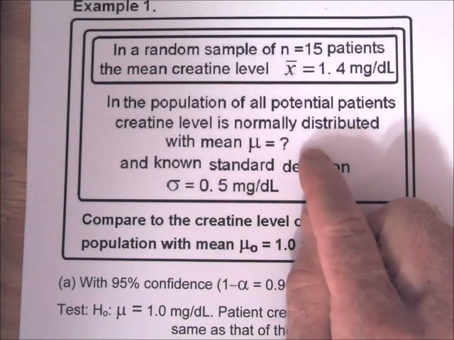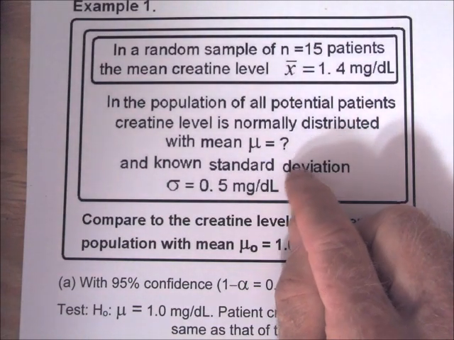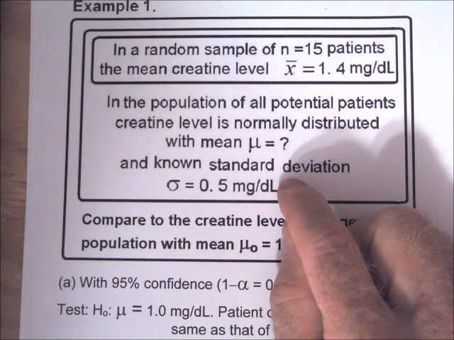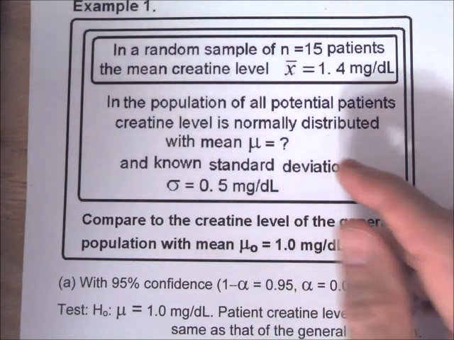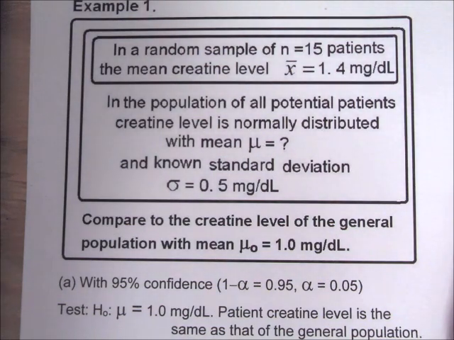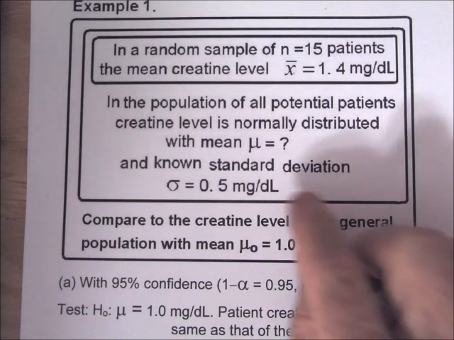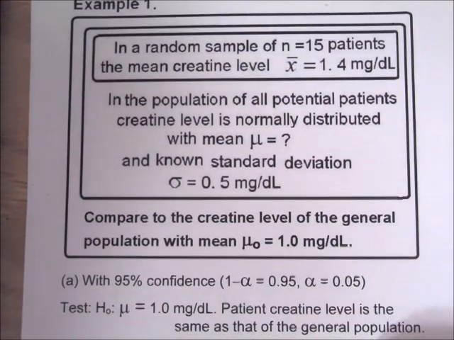And also, for large samples, it's likely that the sample standard deviation will be the same as the population standard deviation, and it's less of an issue here. But anyway,